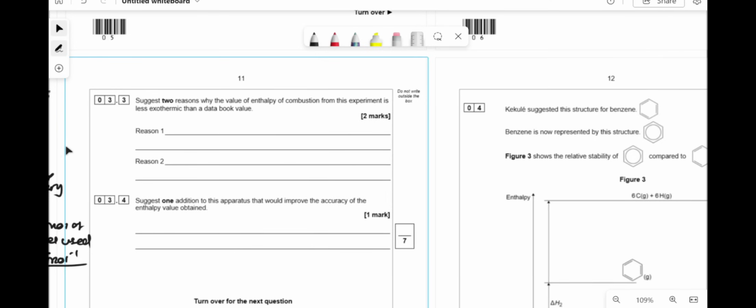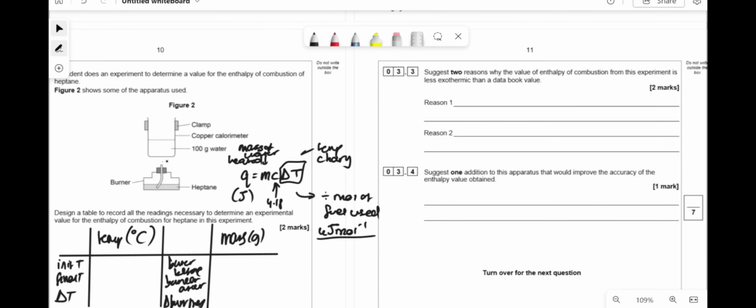One, like I said before, we're assuming that all of the heat's gone into the water. So one, we might have lost the heat to the surroundings. So some of it might have gone off, dissipated somewhere else, or it might have actually gone into heating the actual calorimeter itself. Or the other thing is we just didn't burn it completely, because the enthalpy of combustion requires that you combust something completely under standard conditions. So heat energy lost to surroundings, or we have incomplete